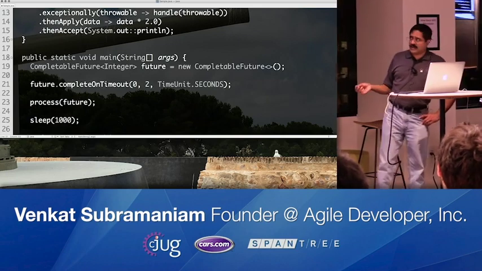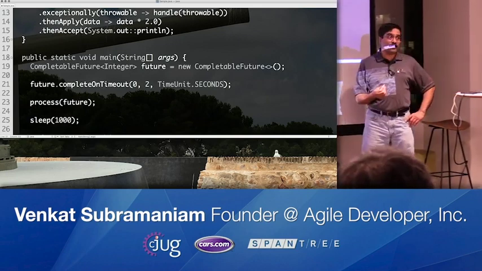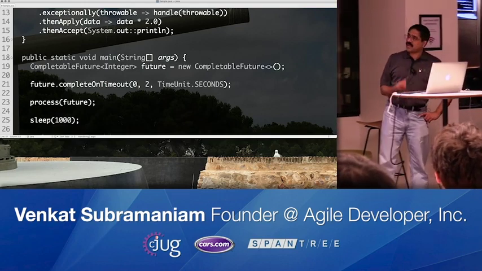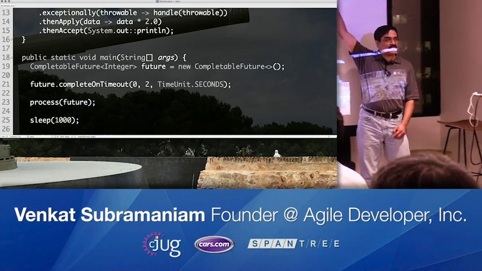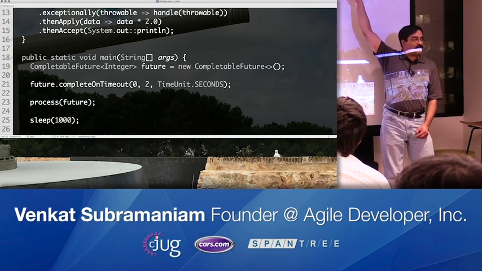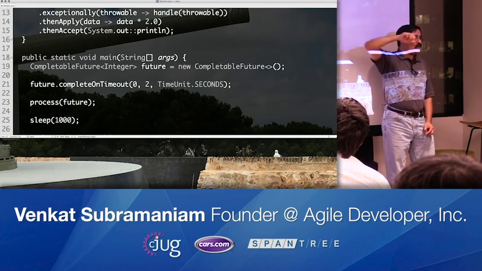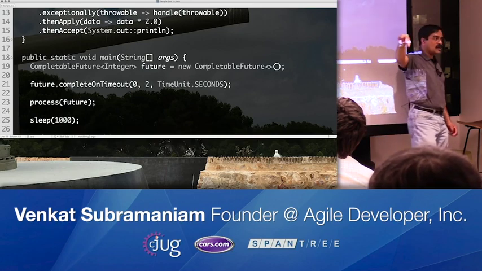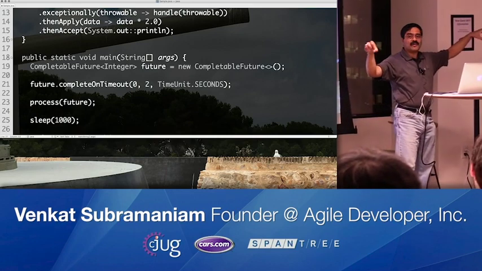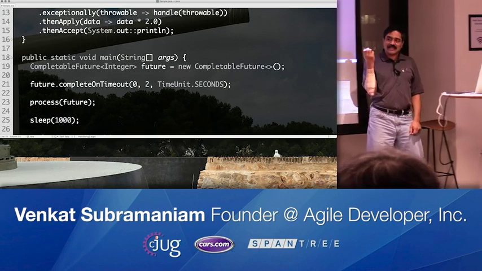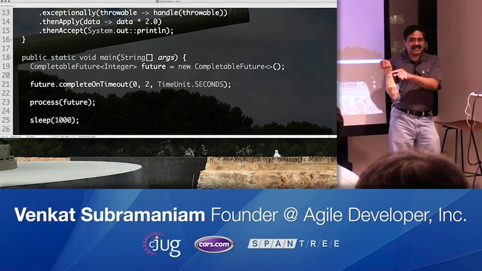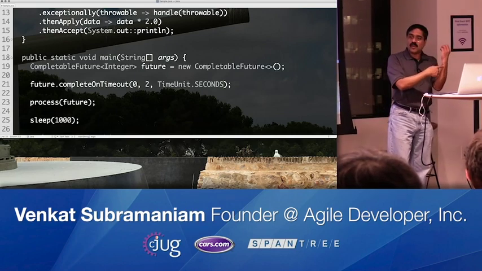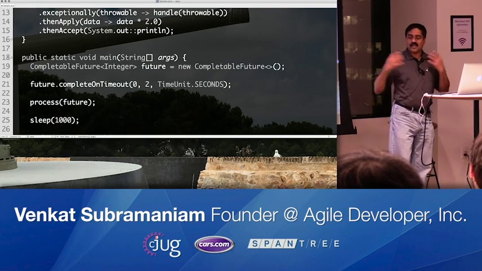Now, before we go deeper into this, keep in mind that a promise, a CompletableFuture, can be in one of 3 states. It can be in a pending state. In fact, that's exactly what it is right now. But from the pending state, it can either go to the resolved state, or it can go to the rejected state. But the minute it goes to a resolved or a rejected state, it would never ever change after that. So once it resolves, if you complete it, that becomes a no-op. Once it rejects, if you complete it, that becomes a no-op. Because once it's in a final state, you can never change it.